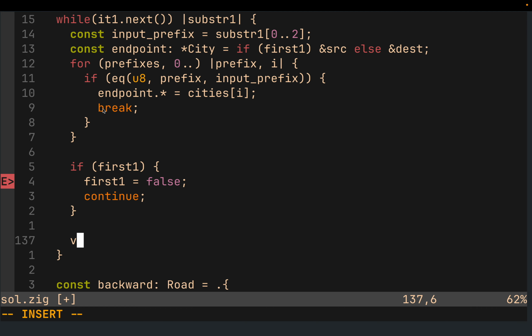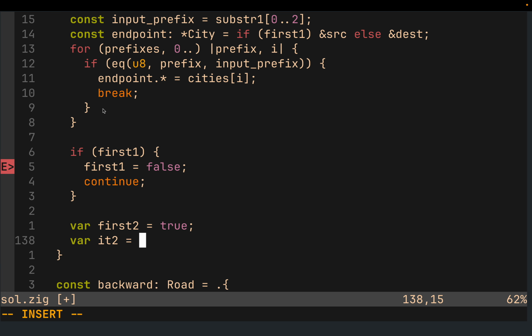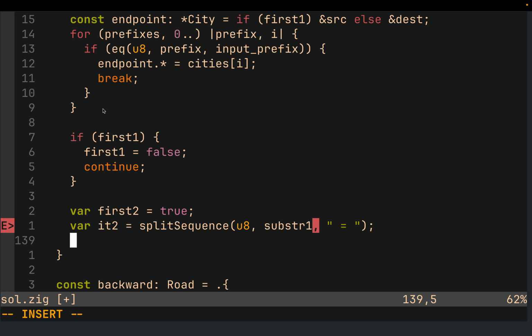So let's do var first2 is equal to true, var it2 is equal to split sequence. This time we are doing it on substring 1, and our split is going to be on equal sign, and then while it2.next